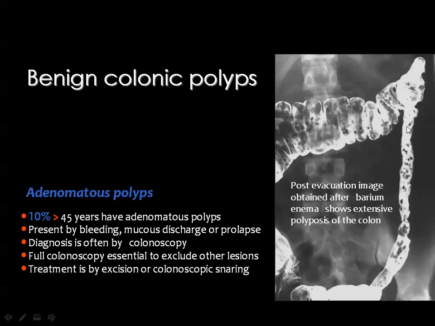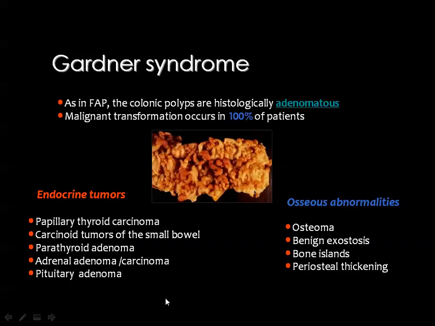Then you look at this colon, and you can see multiple small polyps scattered throughout the colon. For an accurate diagnosis, you usually need the help of endoscopy and biopsy. Then this Gardner syndrome is one of the colonic polyposis syndromes. The polyps here are of the adenomatous type, and it carries the risk of malignancy in 100% of the cases,